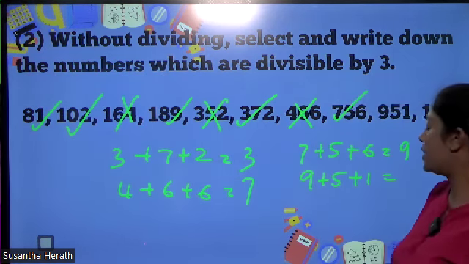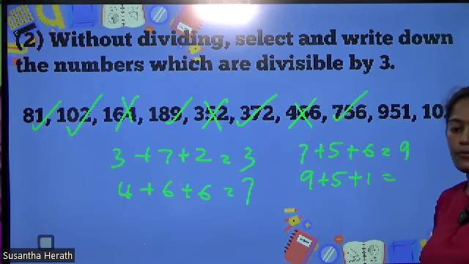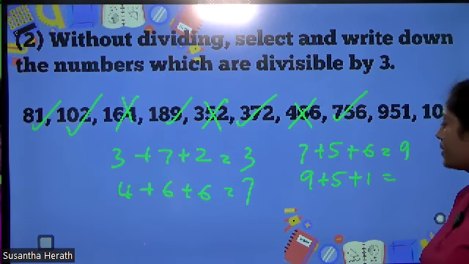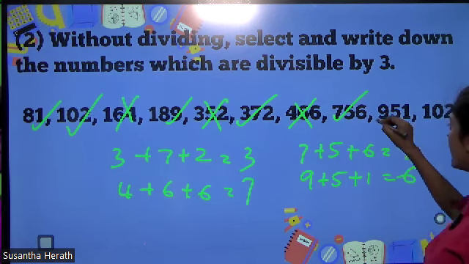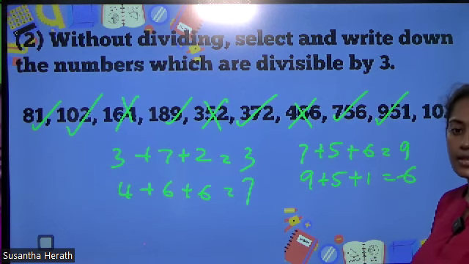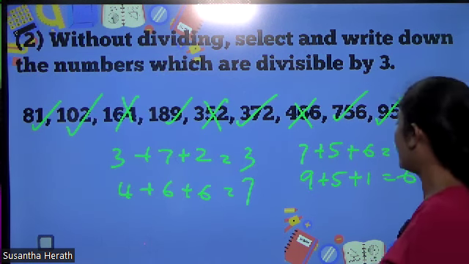9 plus 5, 14. 14 plus 1, 15. 15 means 1 plus 5, 6. Then we can divide this by 3. Last one,